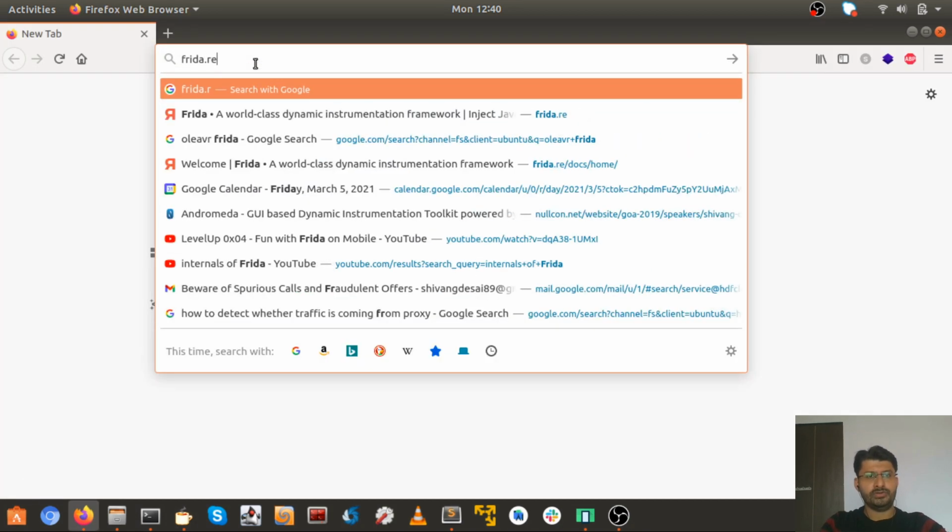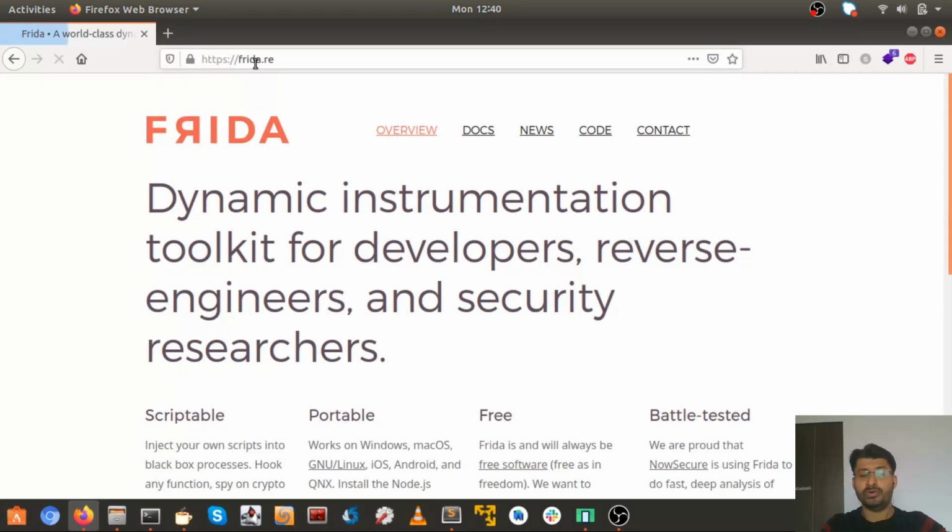Its official website URL is frida.re. It's built by Ole, and it's really good. There are rare times when a good toolkit or framework is developed in the security community, and Frida is one of those rare gems you can find in the wild. Frida is basically a dynamic instrumentation toolkit. What does dynamic instrumentation toolkit mean? It allows you to make changes dynamically while your app is running.